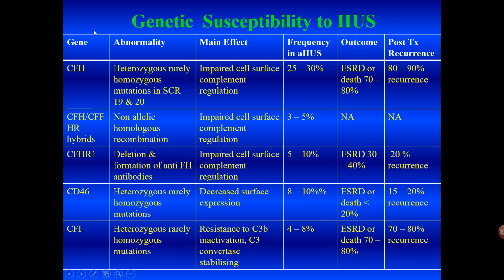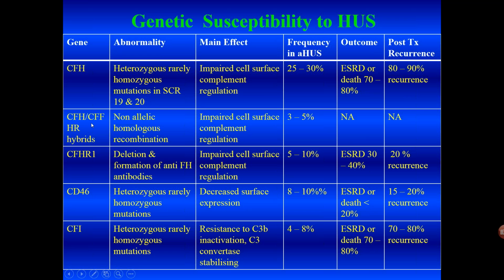I said earlier that there is a genetic susceptibility, and today several of the genes whose mutations are involved in the development of the thrombotic microangiopathies called hemolytic uremic syndrome have been studied. The commonest of them all worldwide is supposed to be complement factor H, with multiple mutations having been described. Around a quarter to a third of all these disorders are linked to mutations in complement factor H, and the prognosis is poor if untreated, and there is a high recurrence rate in a kidney transplant because complement factor H is synthesized in the liver.